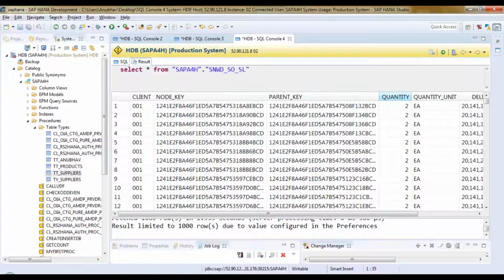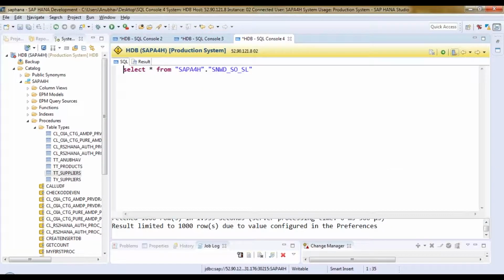So I need to join these two tables and get the product GUID where the sold quantity was greater than supplied quantity. So how do you do that? Let's join this table here in a select clause. Directly we can try it in the console, then we can put it inside the procedure. So what I will say, get me the product GUID